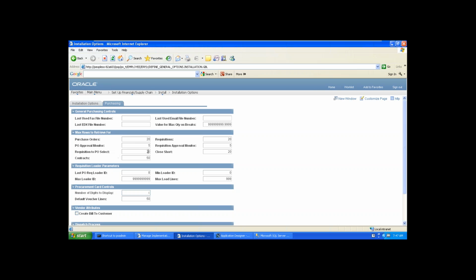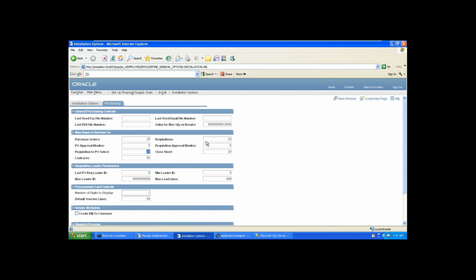Requisition to PO selector. Whenever you create the purchase order by using the requisition, at that point of time you need to select the requisition ID. At a time, how many requisitions do you want to be able to see. So that's what I said. Whenever you do some transactions, at that point of time, these options will be very easy for you.